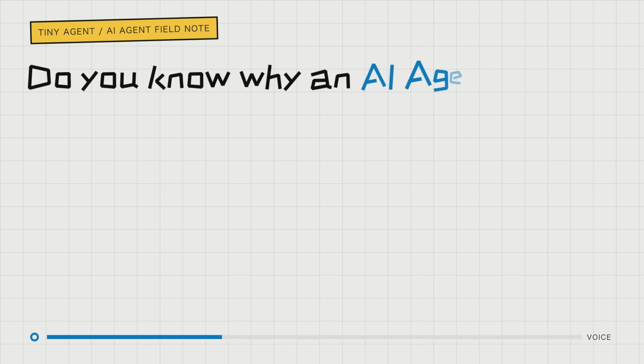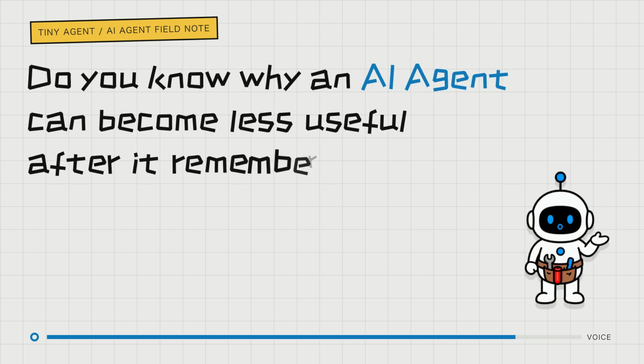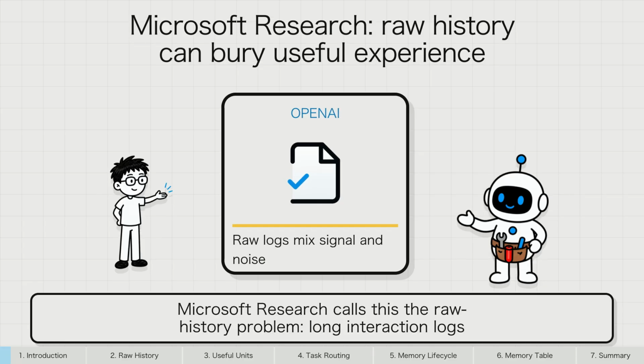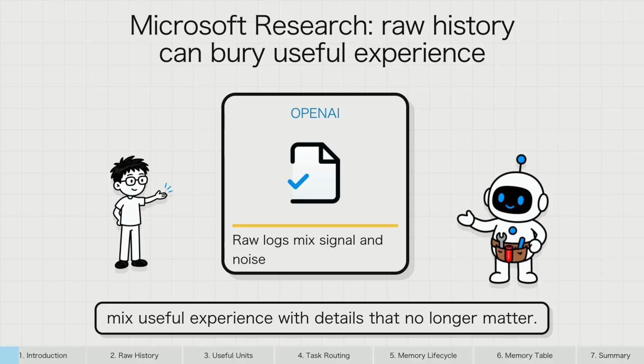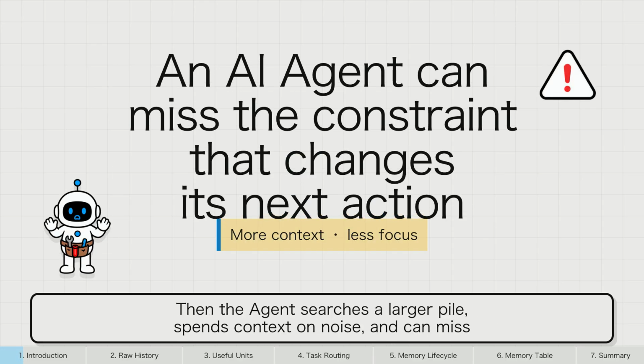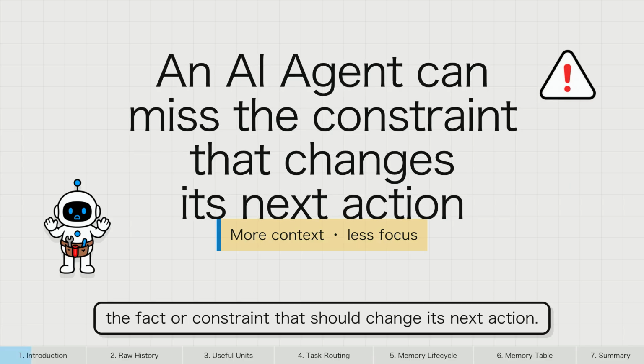Do you know why an AI agent can become less useful after it remembers more? Microsoft Research calls this the raw history problem. Long interaction logs mix useful experience with details that no longer matter. Then the agent searches a larger pile, spends context on noise, and can miss the fact or constraint that should